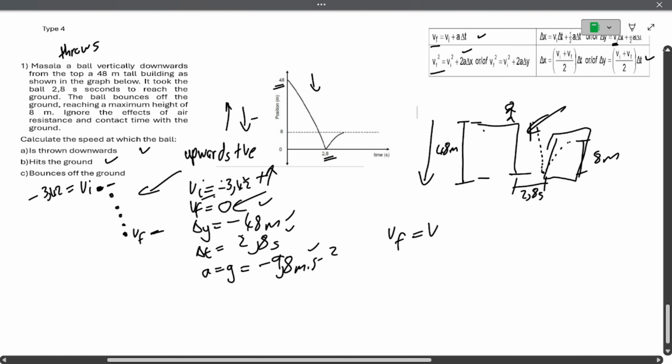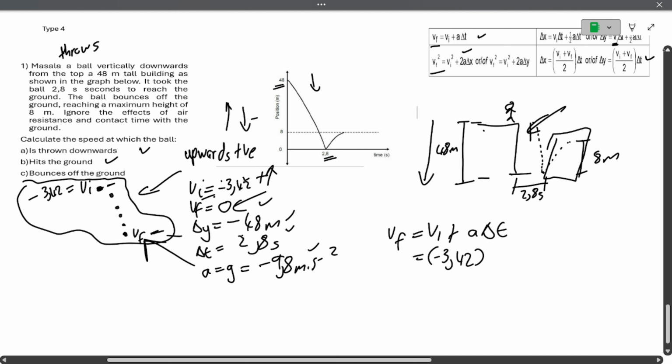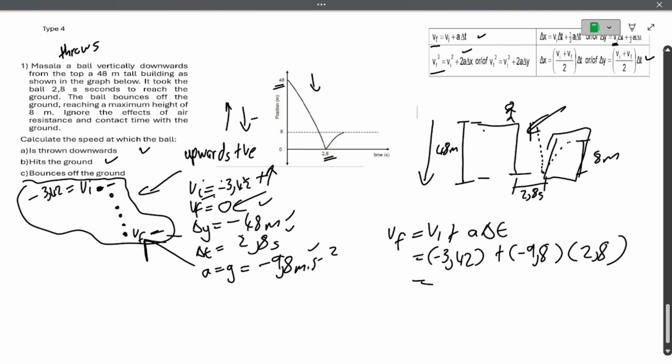which is not complicated: v final equals v initial plus a times change in time. We are still using the same set of motion from when the ball is thrown to when the ball reaches the ground. We are looking for what? V final, the speed with which it hits the ground. For the initial velocity, we substitute the one that we got there, plus negative 9.8, and then the change in time is 2.8 seconds, and then we press our calculator,